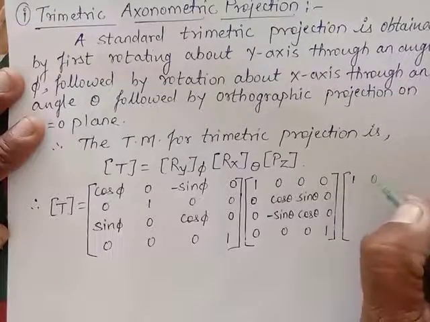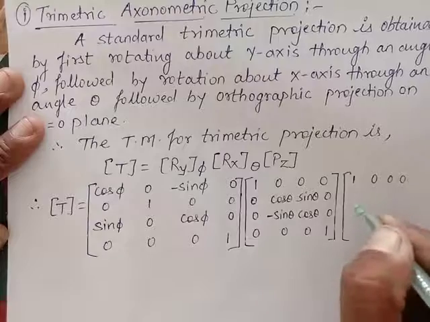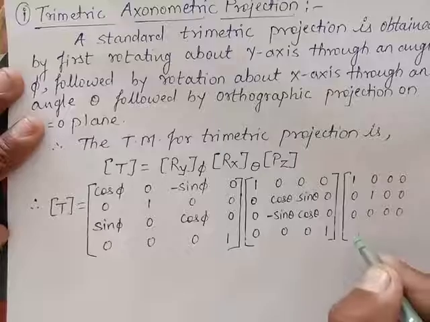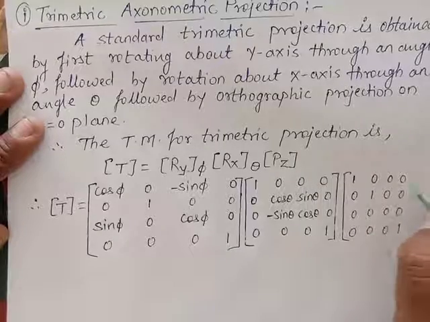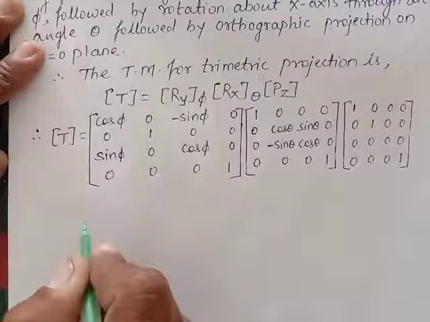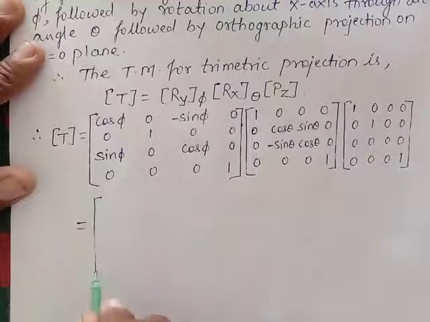So 1, 0, 0, 0, 0, 1, 0, 0, 0, 0, 0, 0, 0, 0, 0, 1. This one. Okay. Now the product of these three will give us